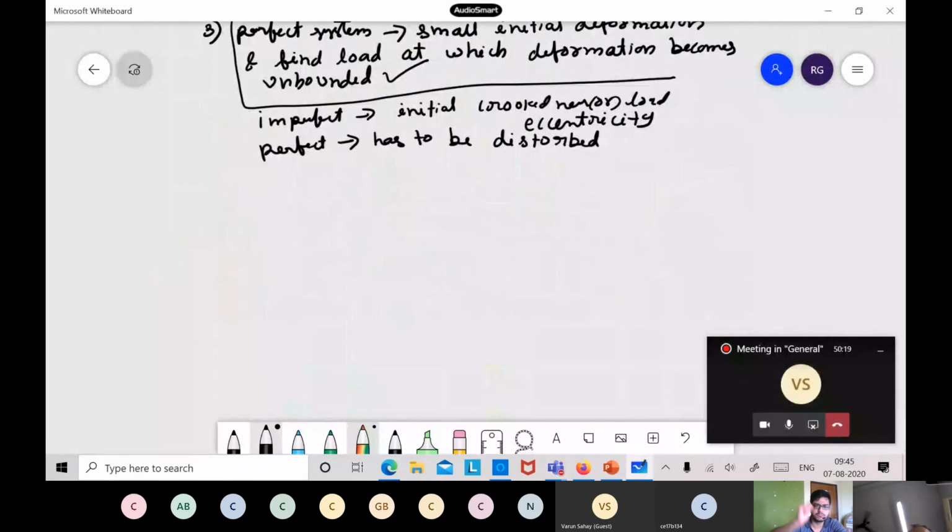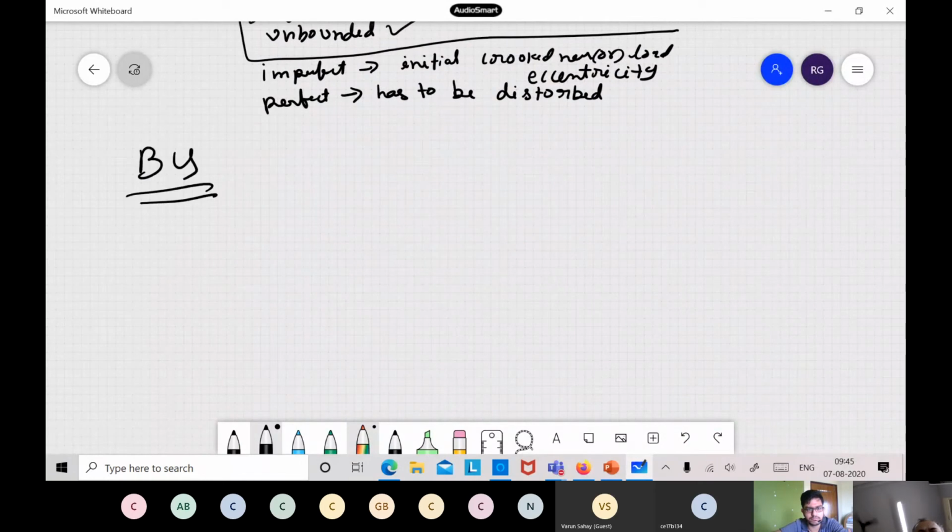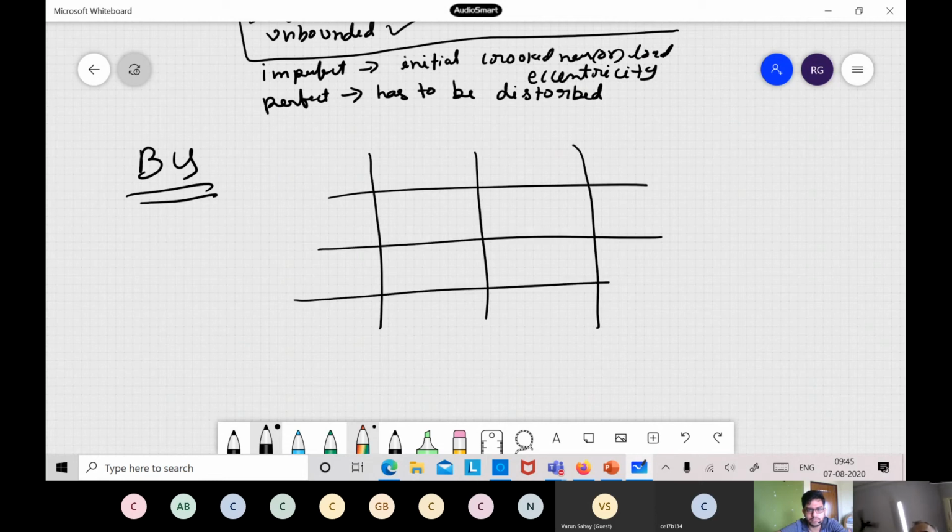See, if that is clear, we go towards the next thing, that is variety of boundary conditions. As already we told, fixed boundary. Suppose in a multi-story building, you are having the columns like this. Now I want to calculate the buckling load for this column, or maybe this portion. The only problem is, the equation of equilibrium remains the same, everything fine, but the problem is the boundary conditions.